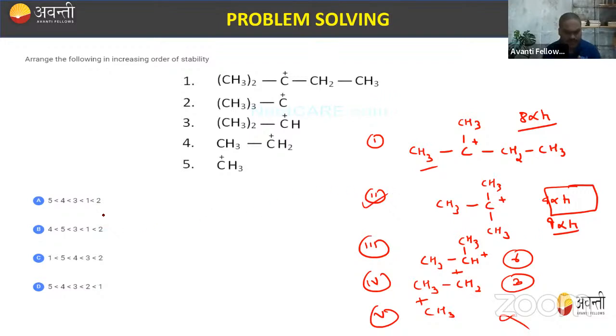तो maximum stability किसकी है, second की है, या फिर फर्स्ट की है क्या? बिल्कुल, 9 अल्फा हाइड्रोजन है तो फर्स्ट, फिर 3 की है, क्योंकि 3 पे कितने हैं, 6, ठीक है, फिर फोर्थ एंड फिर फिफ्थ। तो कौन सा करेक्ट हुआ, A। सो ऑप्शन A इज एब्सोल्युटली करेक्ट फॉर दिस, ठीक है। So this is the correct order, or we say the increasing order of their stability,